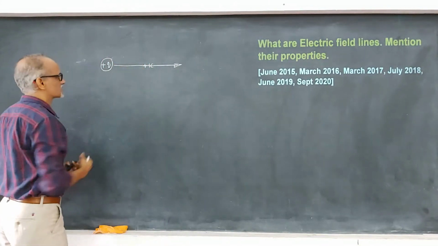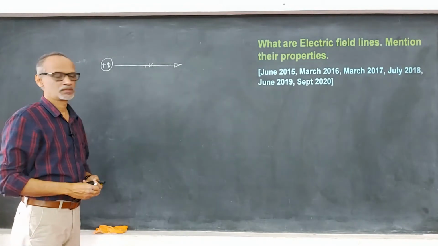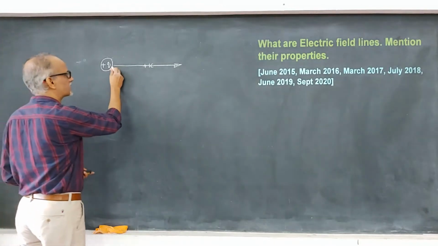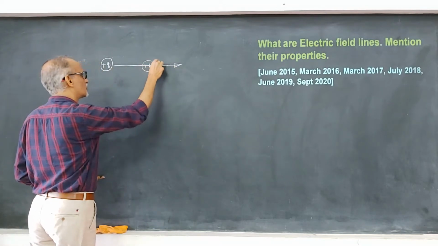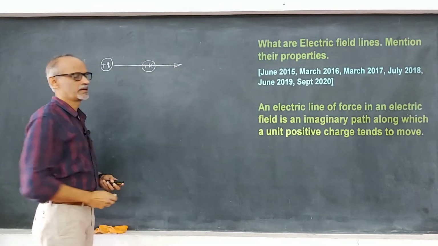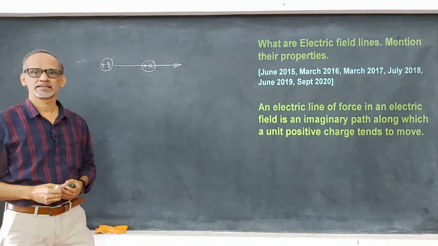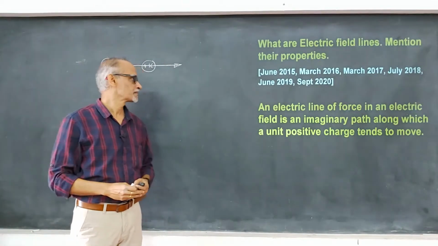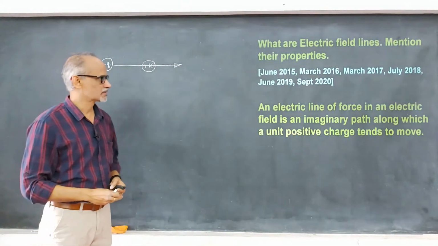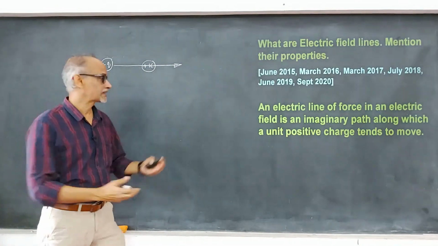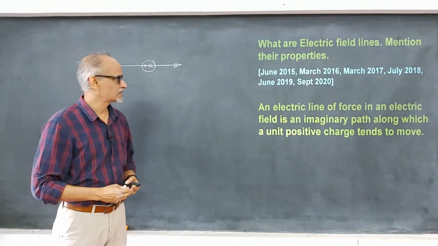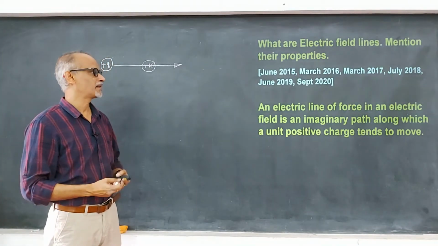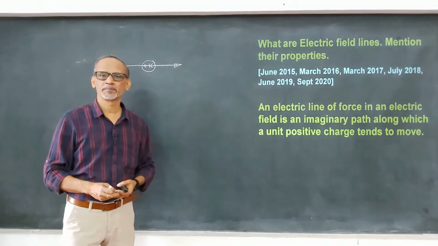Do they really exist? No, it's imaginary. So, what are electric field lines? An electric field line is an imaginary path along which a unit positive charge tends to move. So, that is the statement of electric field lines. An electric line of force is another term used for electric field lines. An electric line of force in an electric field is an imaginary path along which a unit positive charge